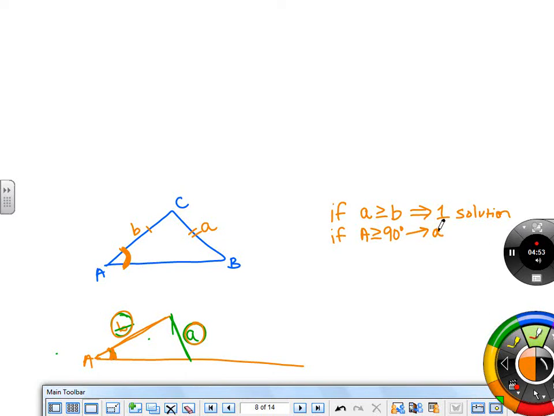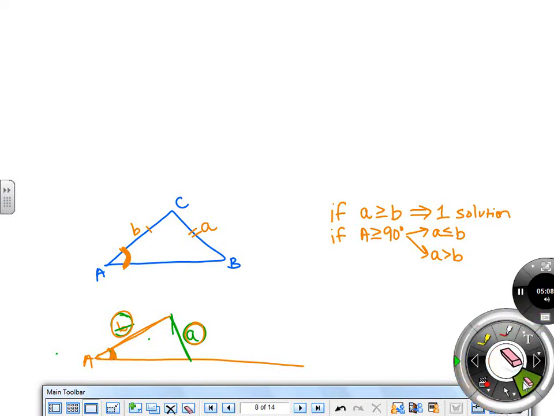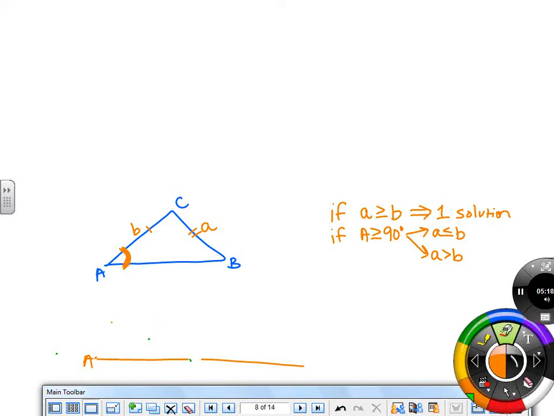Either the side across from it could be less than or equal to the side next to it, or the side across from it could be greater than the side adjacent to the angle. So let's think about that. If we knew that the given angle was bigger than or equal to 90 degrees, so I'm going to go ahead and make an obtuse angle here. So if I knew that this was bigger than or equal to 90 degrees, so let's say it's out there,